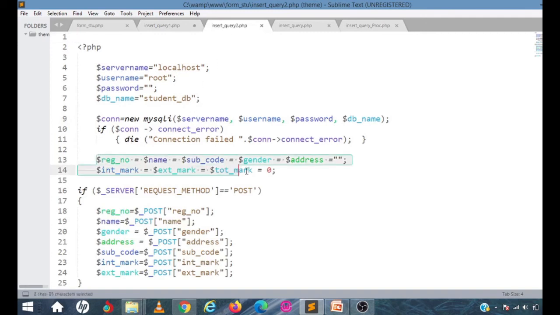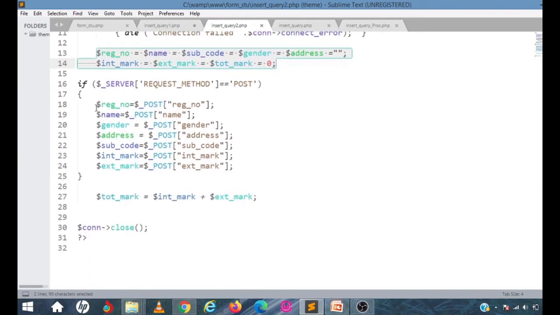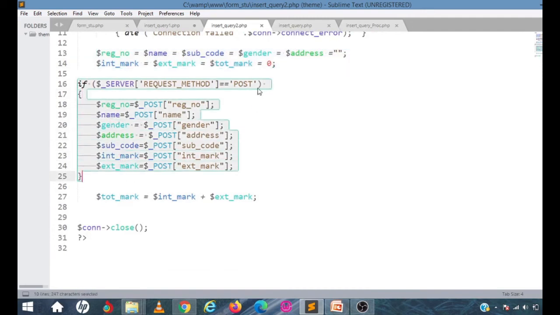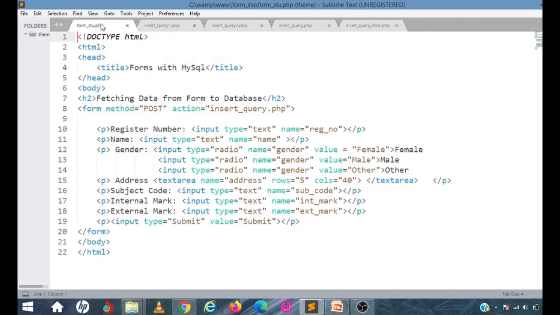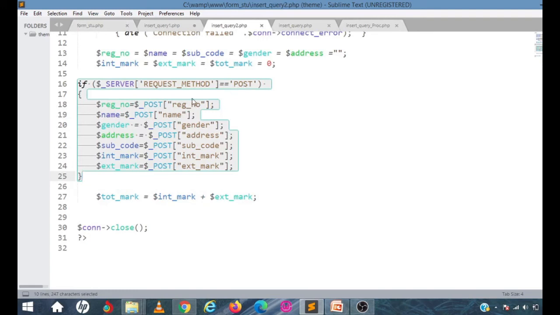Next, I am initializing all the variables. What are the variables I have? I am initializing that. And then I am just checking if the request method is post. You can see that in forms we are giving the method as post. So if the request method is post, then I am getting the data using $_POST of register number.